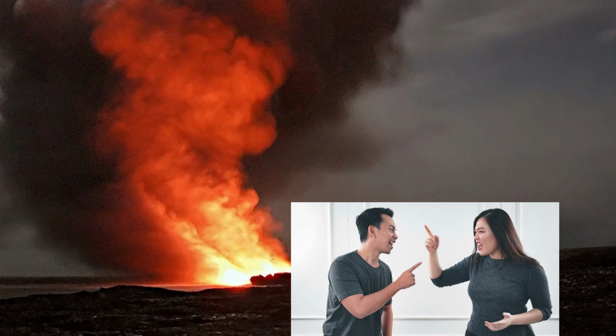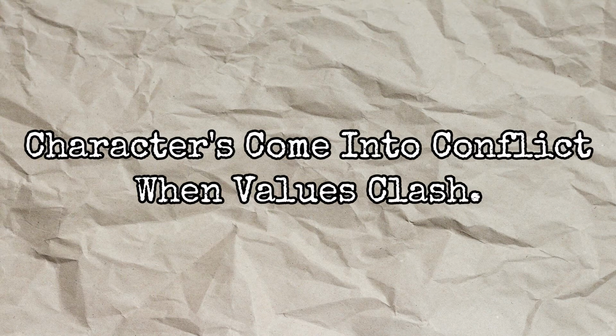In a plot-driven story, it's rarely ever just one conflict that's taking center stage. There's an overarching conflict, sure, but along the way, your characters will run into some challenges. Conflict can come from anything, but at the source of conflict between characters is often that their values contradict one another, leading to disagreement. In Star Wars, after Luke and Han steal some stormtrooper uniforms, they get some information about